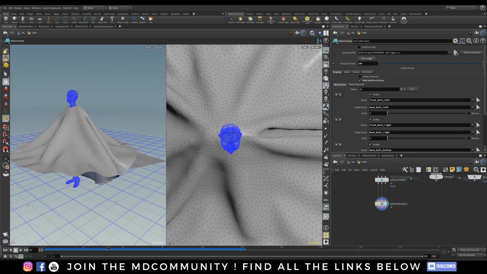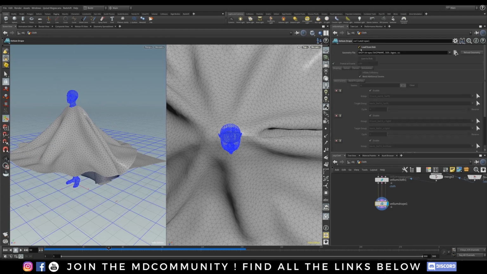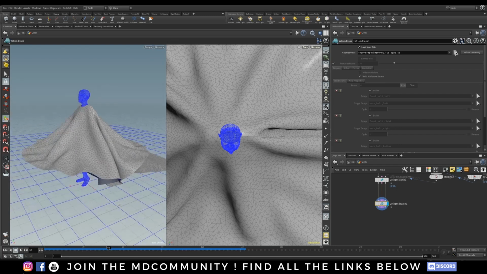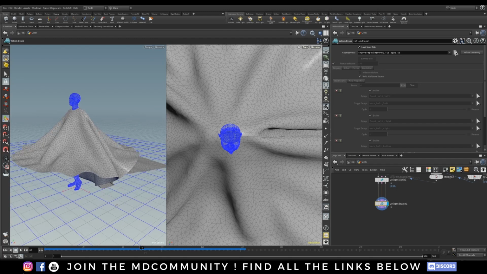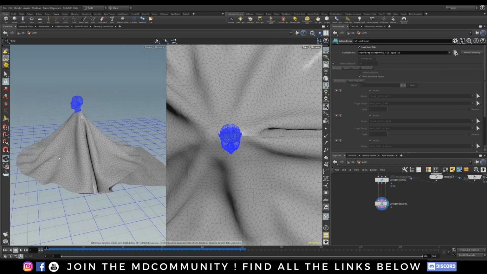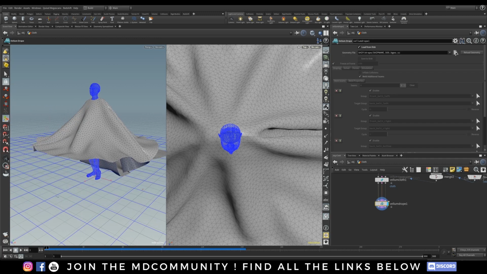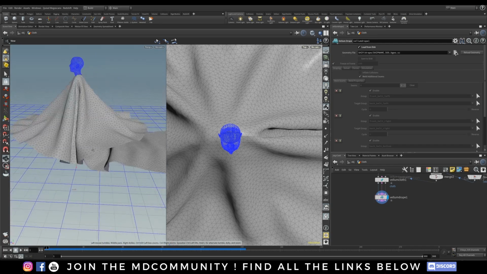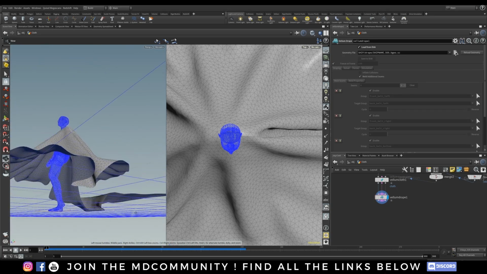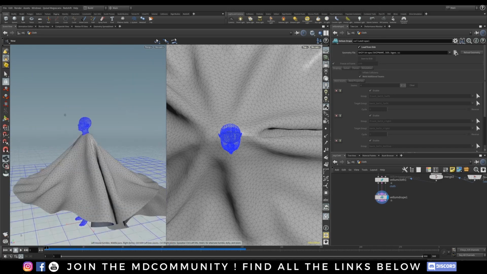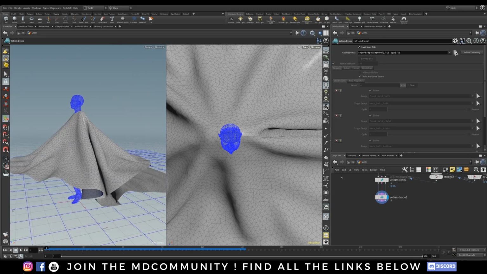One thing I like to do is save to disk and load from disk, just in case we don't change anything, and it's loading from the disk and it is faster. Okay, right now we won't lose anything. So we have our cloth. We need to do a few things first before our simulation, just in case, to prevent this from exploding. So let's place a Vellum